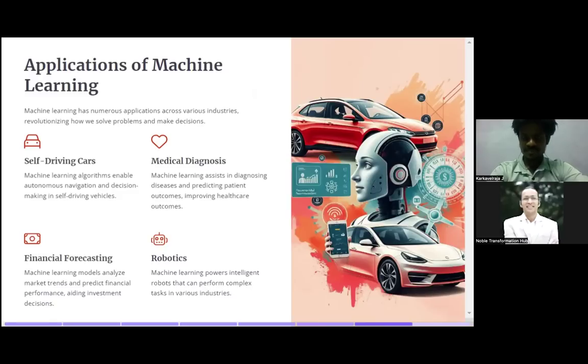Next is medical diagnosis. Machine learning assists in diagnosing disease, predicting patient outcomes, improving healthcare outcomes, and we can also use it for predictive analytics. Like, if you have these habits or this kind of disease, how you can cure it, or whether you might have it in the future.